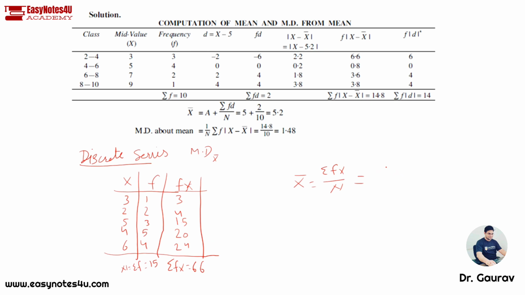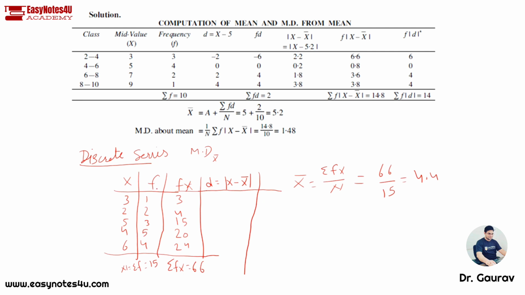तो इसमें आप पुट कर सकते हो समेशन एफ एक्स कितना है 66, और टोटल एन कितना, नंबर ऑफ ऑब्जर्वेशन 15, तो इसका कितना है 4.4। सो आपको क्या लेना है, हमारे पास मीन वैल्यू आ गई, आपको डेविएशन लेना है, डी आपको कैलकुलेट करना है। कैसे करोगे डी, एक्स माइनस एक्स बार, माइनस साइन इग्नोर करेंगे।